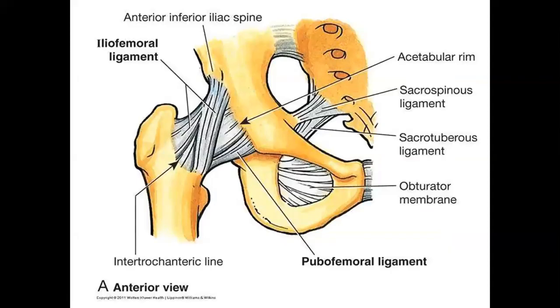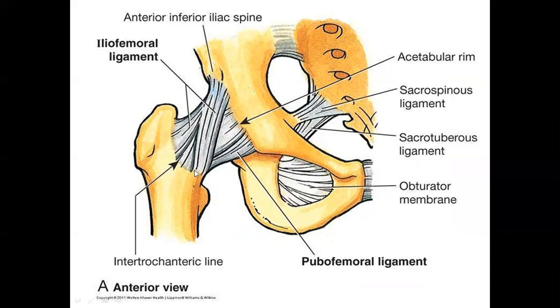Okay, so the first ligament that we'll be discussing here will be the iliofemoral ligament. The iliofemoral ligament is the strongest ligament of the hip joint. When we look at it, it is an inverted V-shaped ligament, with its apex present superiorly, whereas its base is present inferiorly. The apex is attached to the antero-inferior iliac spine and the part below it, whereas the base is attached to